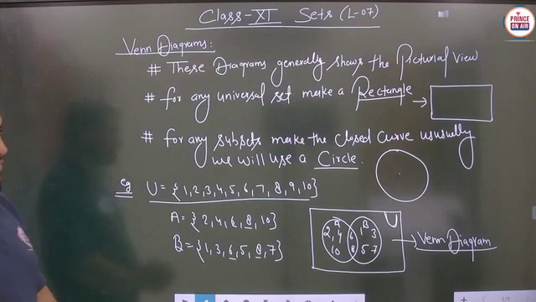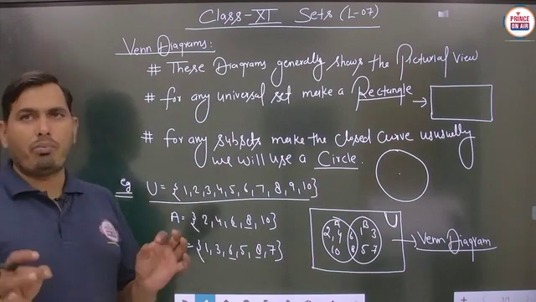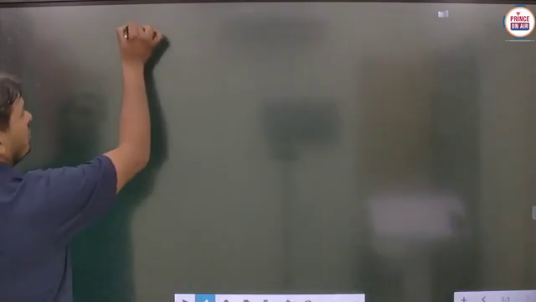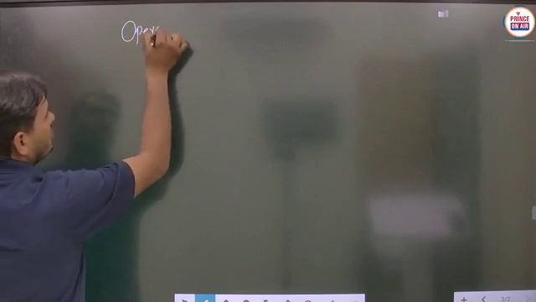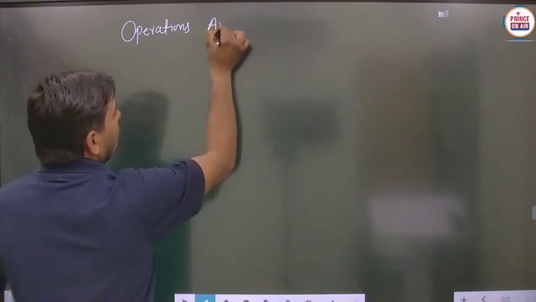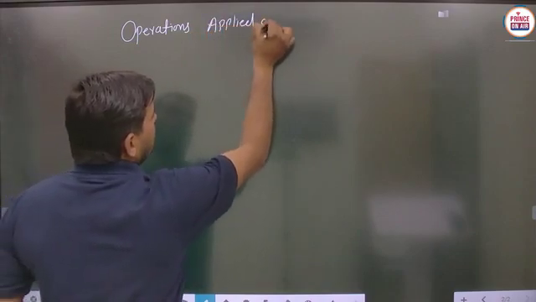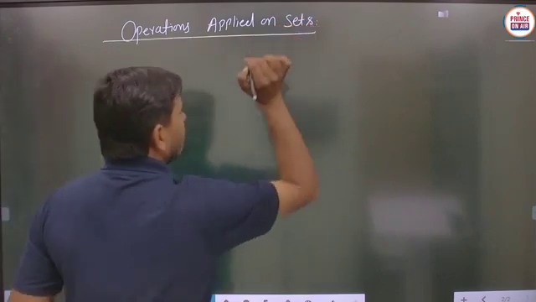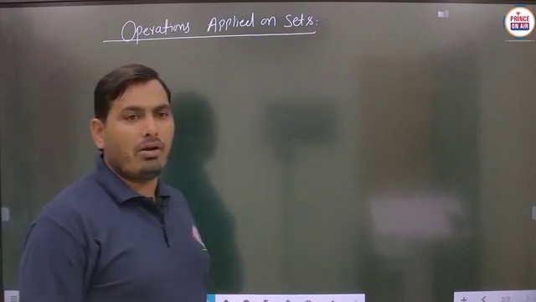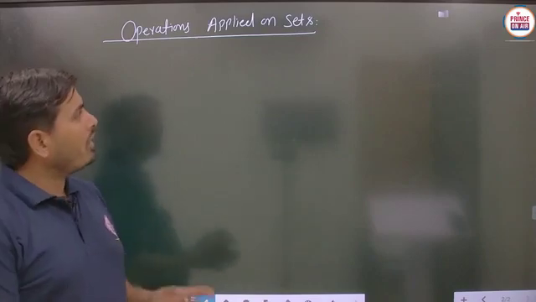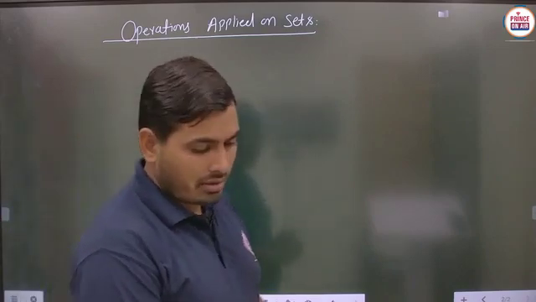After that we will take the next part, and the next part is the basic operations applied on the sets. So basically, students, operations applied on sets. Is it to be clear? So this is the next part that should be discussed here: operations applied on the sets. So what type of basic operations are we seeing here?